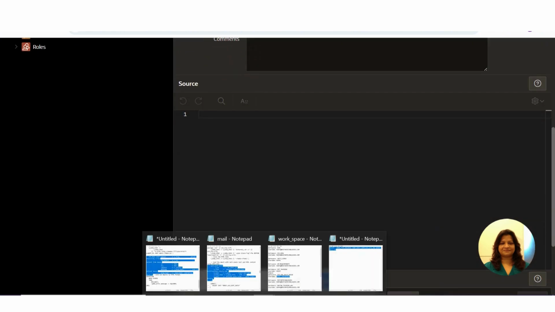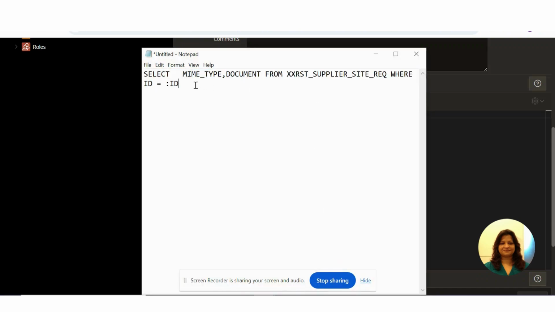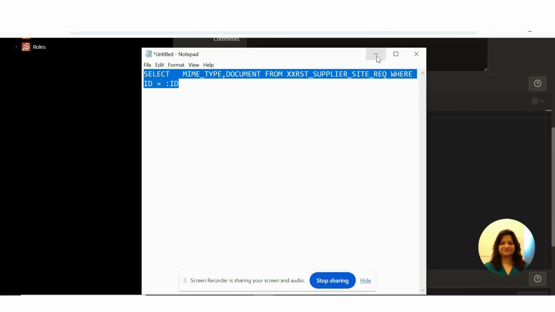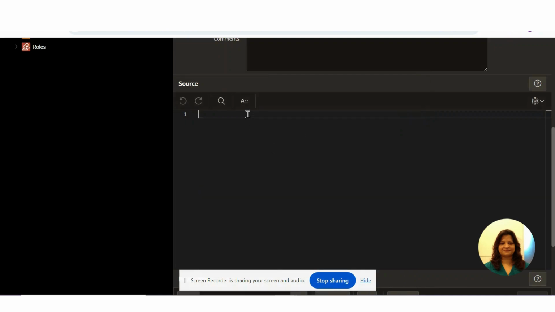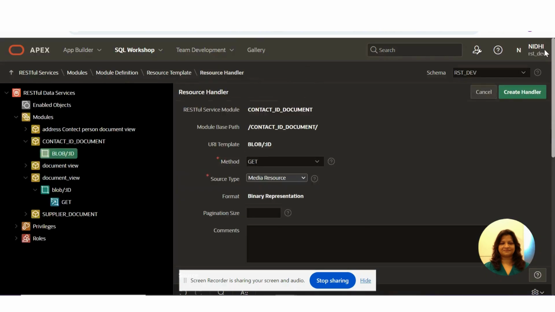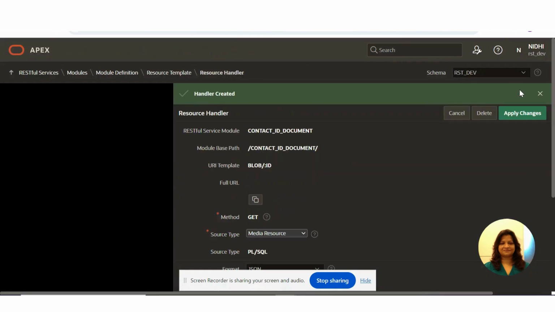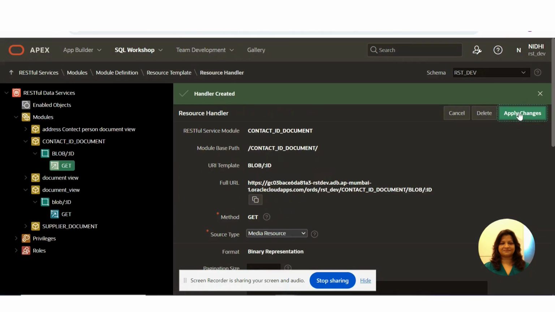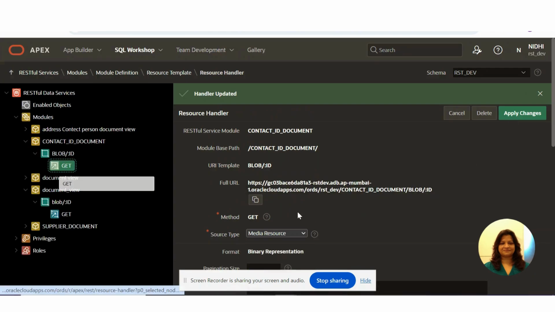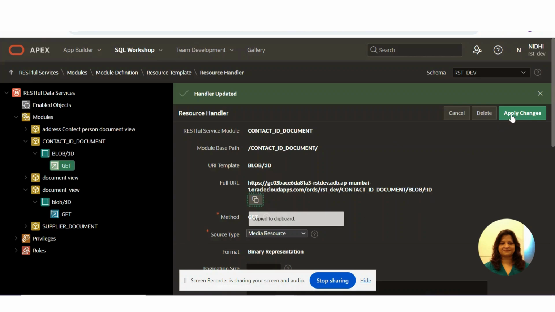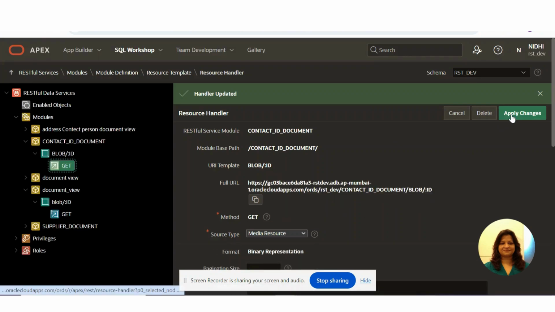I have to write a query: select mime type and document, where document is the blob column, from the table where id matches. So I created a handler and applied the changes, correct, and this is the path which I have to use in a page.